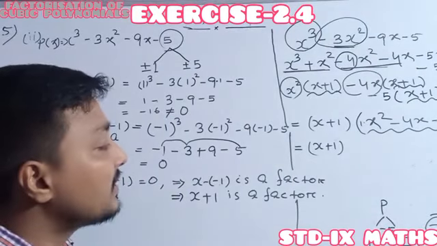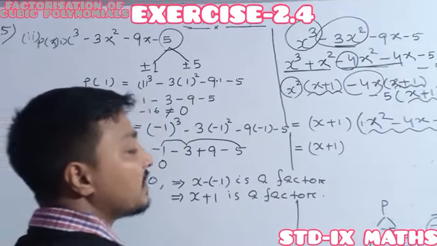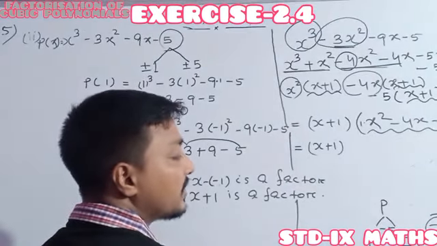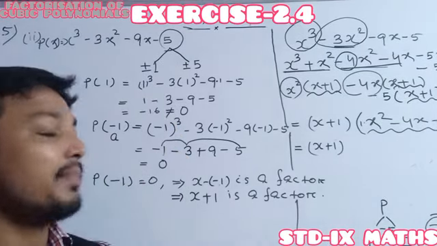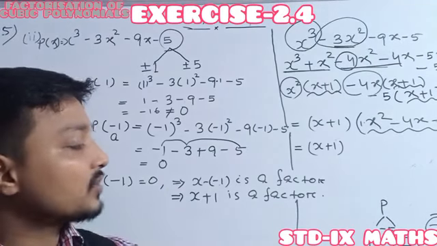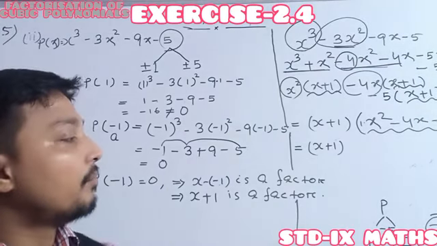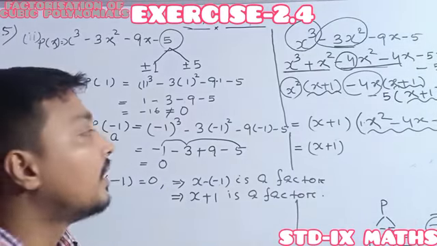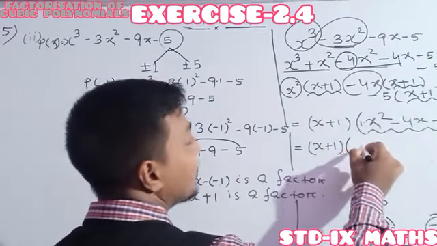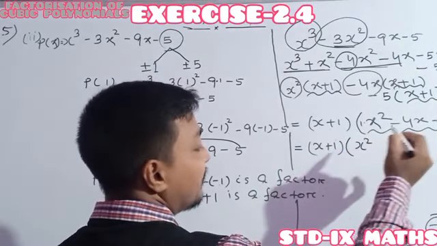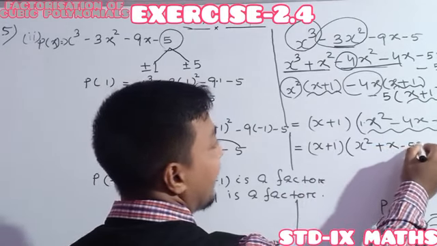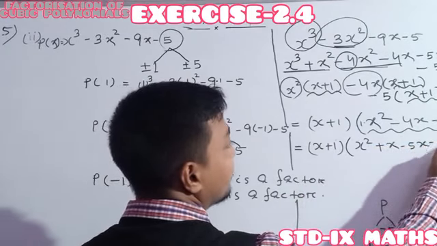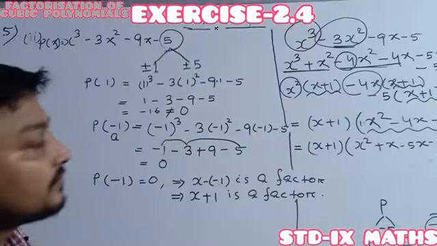Okay. For which the product is minus 5, it means 1 into 5 equals this. So the greater one should be minus 5. 1 into minus 5, the product is equal to minus 5, and the sum is also minus 4. So you just have to factorize this in the form of x square plus x minus 5x minus 5. Ready?